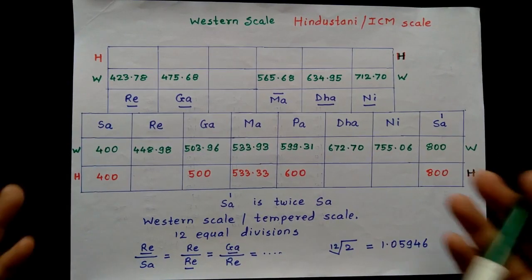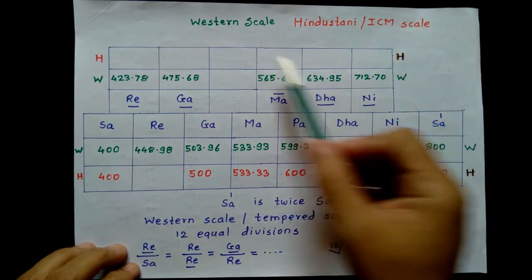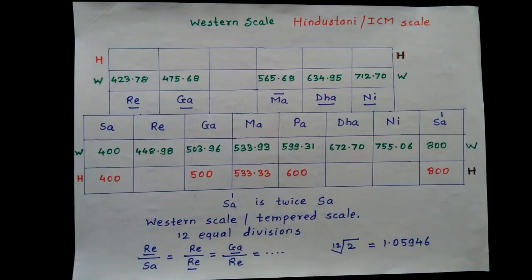The best way to do this, I think, is to start by comparing the placement of notes in the Western scale to that of the Indian scale. So, with the help of some charts, I will first explain the Western scale and how the notes are placed, and after that, I will explain some formulae on which the placement of notes in Indian classical music is based. Okay, with the help of this chart, we will try to understand how the swaras are derived in Hindustani, that is Indian classical music, and in Western music.